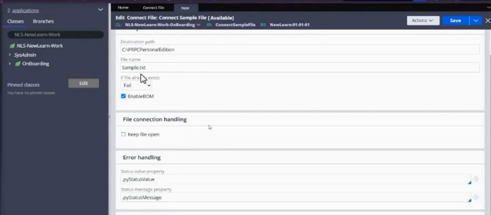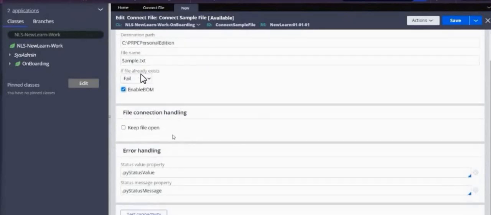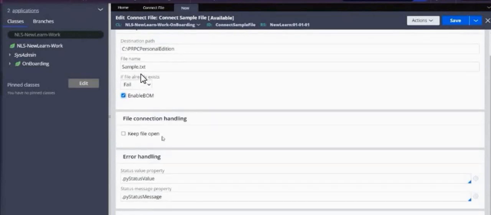It's always better to uncheck this. But for us, let's keep the file open and see whether we get any errors once we run it twice or thrice. So you can select keep file open for now.